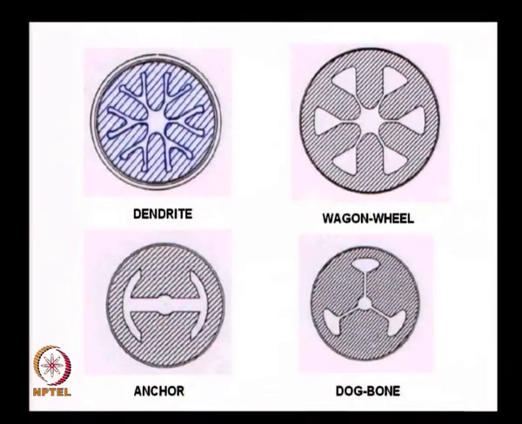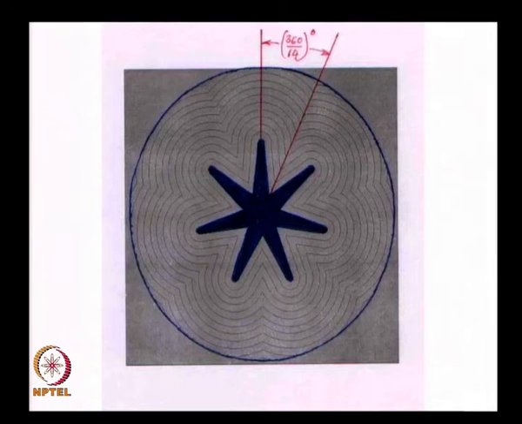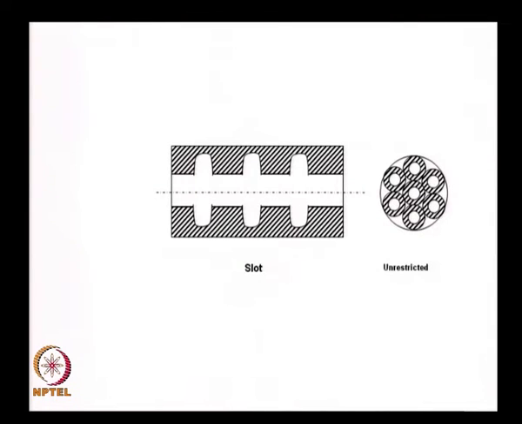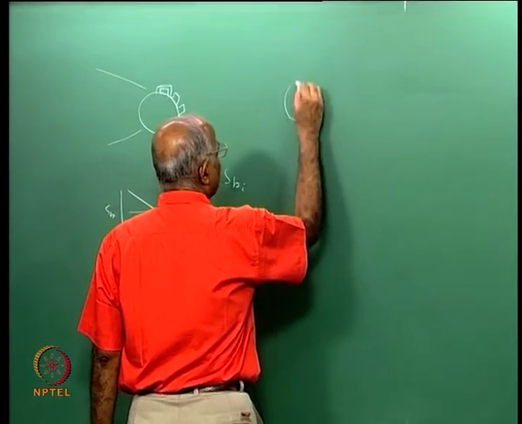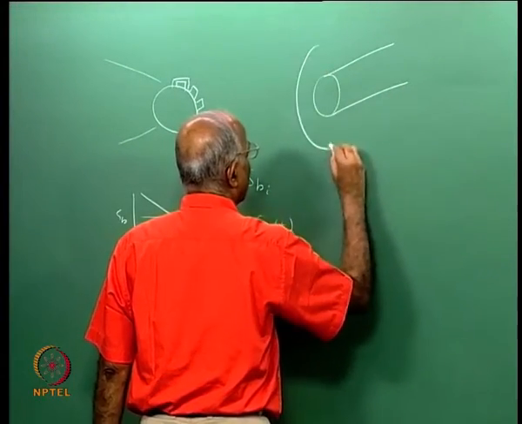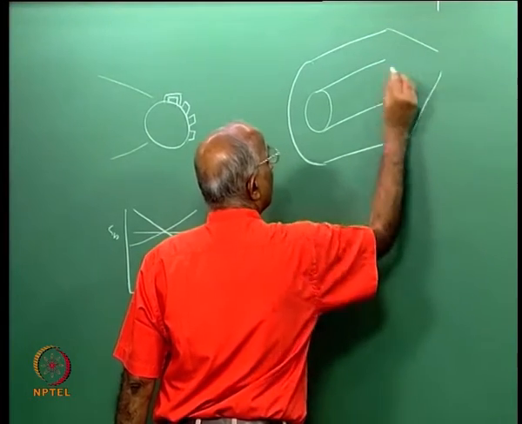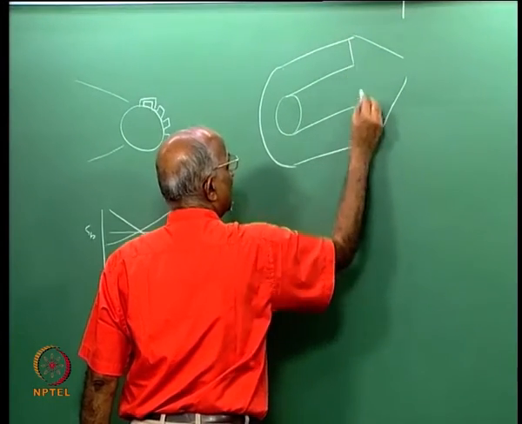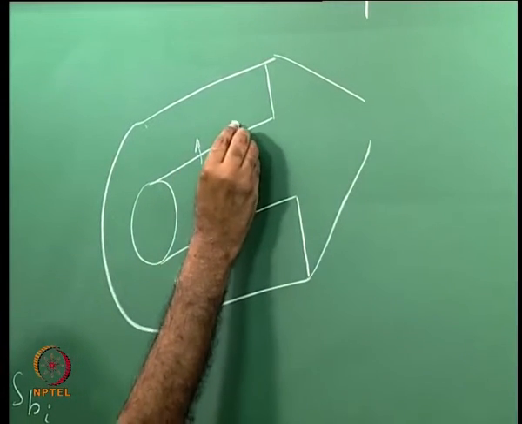Having said that, let us now go to the star grain, which is of primary interest. Well, I forgot one grain which is known as a slot grain. So far, when we considered these different grains, we essentially considered, let us say, a cylindrical grain wherein I have something like a cylinder. This is the length, maybe this is my outer case over here, and here I put my nozzle. We told ourselves this end is insulated, it does not burn, and what is going to happen? Burning takes place along this surface,